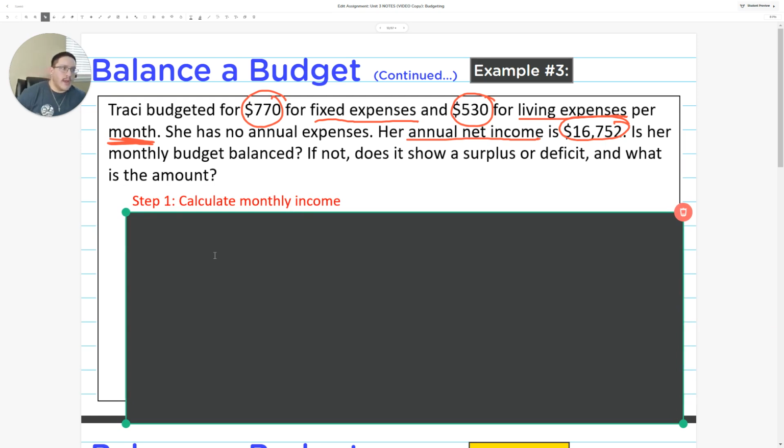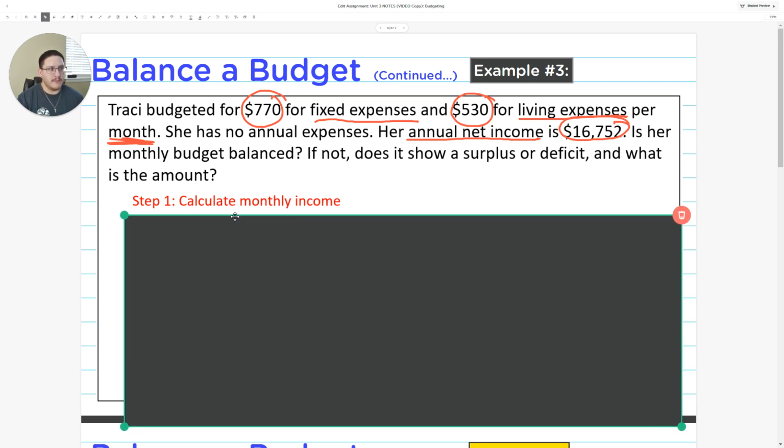Step 1, what is our monthly income? Well, we have an annual net income, which is $6,752. But if you notice what the expenses are, they're all expenses for the month, not annual expenses. So there's two ways to go about this. Either let's figure out what we spend on the entire year for the expense, or we divide the annual net income to its monthly net income, and then figure out whether we have surplus, deficit, or if it's balanced. So anyways, we're going to go just one way here.